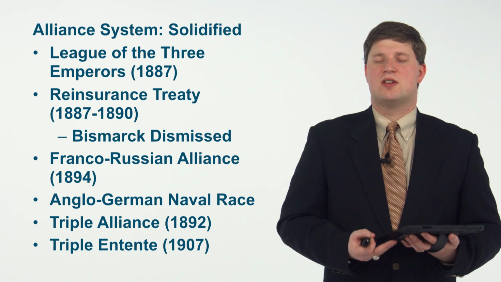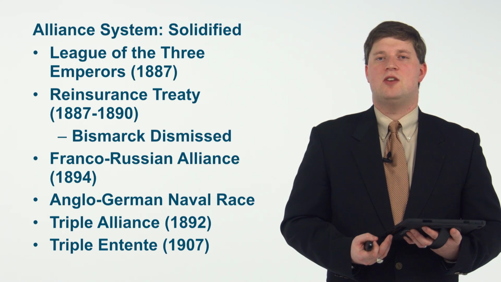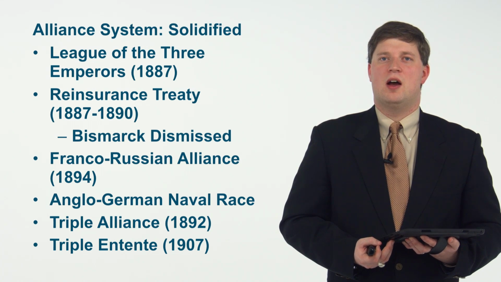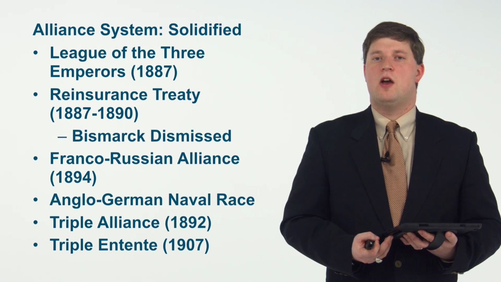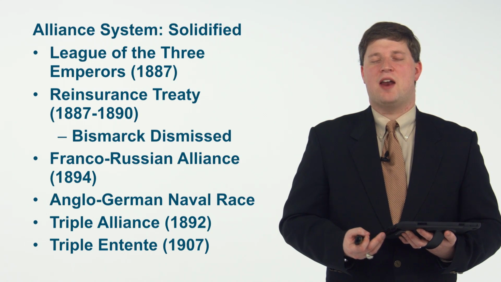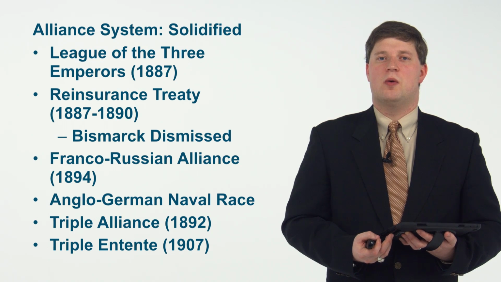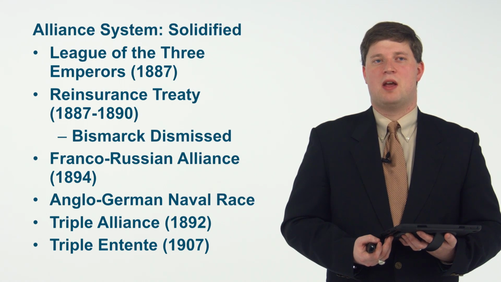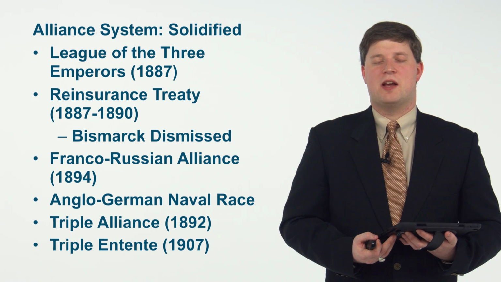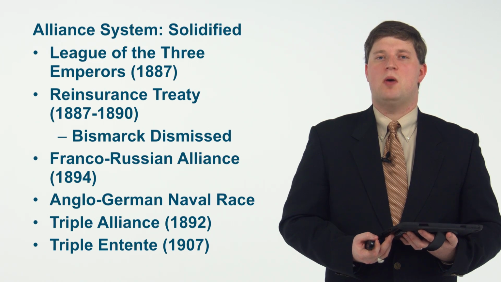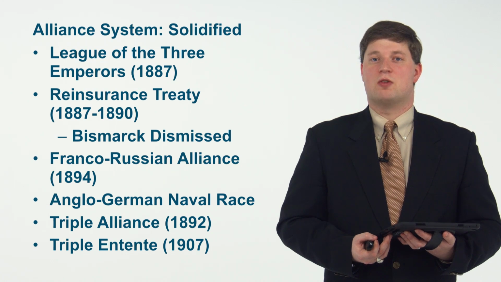Now, all of this helps explain why the powers of Europe are being driven into different power blocks. In 1892, the Triple Alliance is formed, and this is an alliance between Germany, Austria-Hungary, and, built upon their shared interactions and heritage, Italy. So those three powers at the center of Europe. Eventually, though, the actions of Germany, the increasing tensions between Germany and Britain, would lead to the creation of an opposing alliance system known as the Triple Entente, made up of France, Russia, and Great Britain.